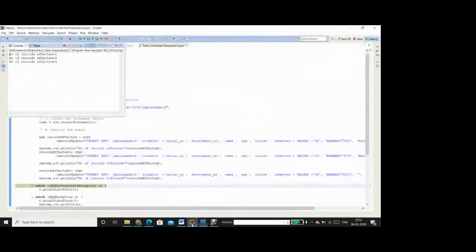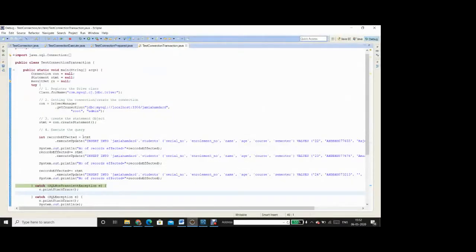So what is actually happening is, for each and every execution of the insert statement, or whatever statement it be, whether it be an update statement or a delete statement, there is something like a commit instruction being sent to the database along with the executeUpdate method call.